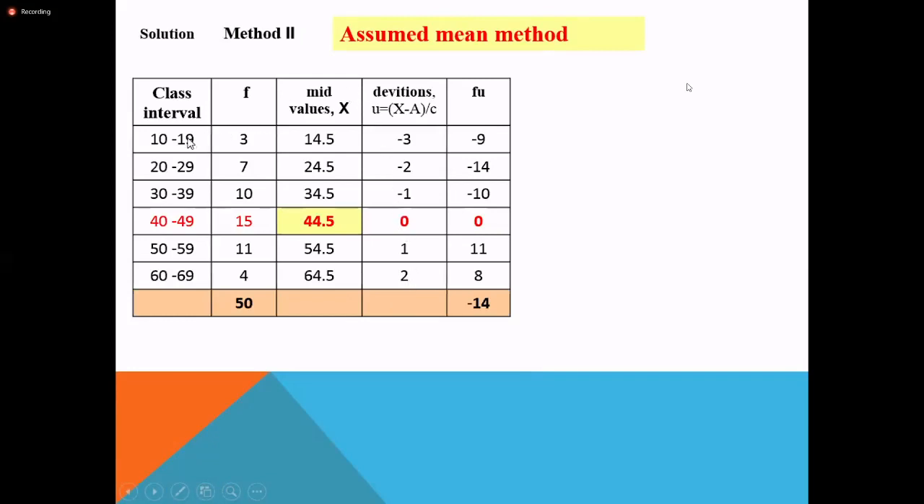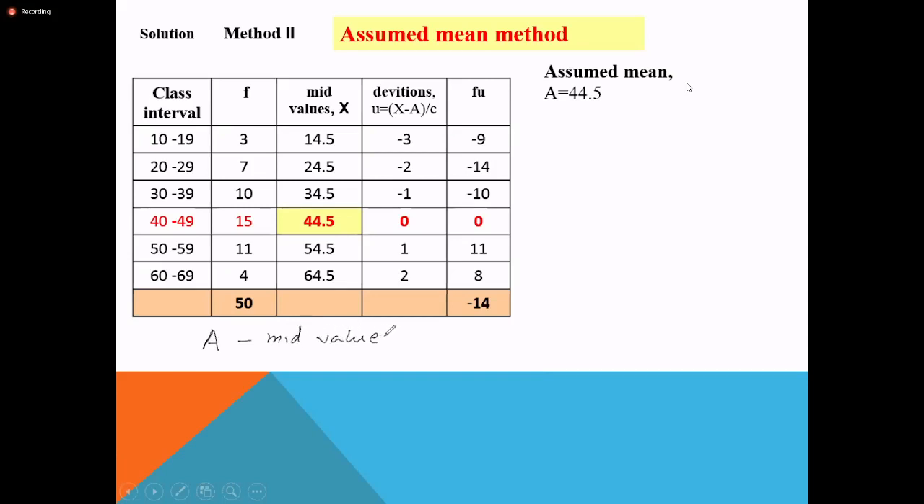I will explain here. Here class intervals are already okay, f is okay, mid value is also okay. How to calculate the deviation? Deviation means deviation from the assumed value. The assumed mean we take is the mid value of the class interval with the highest frequency. Right? This assumed mean is normally taken from the mid value of